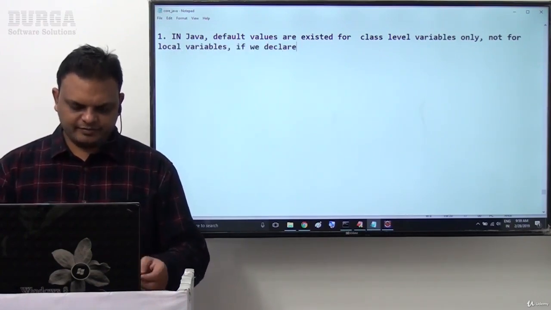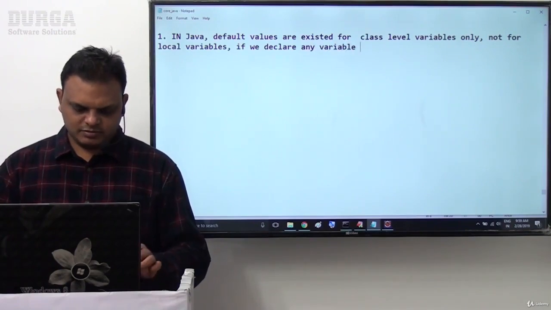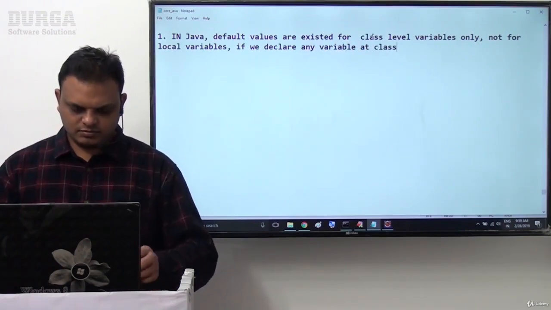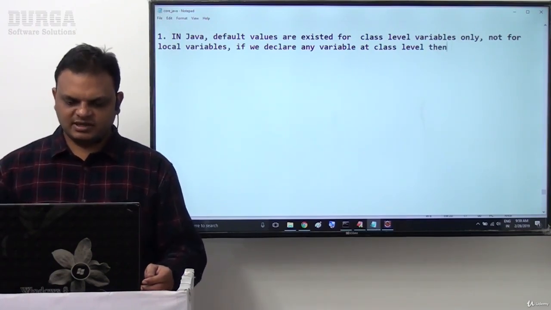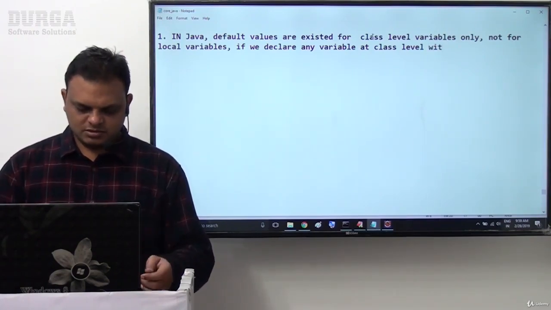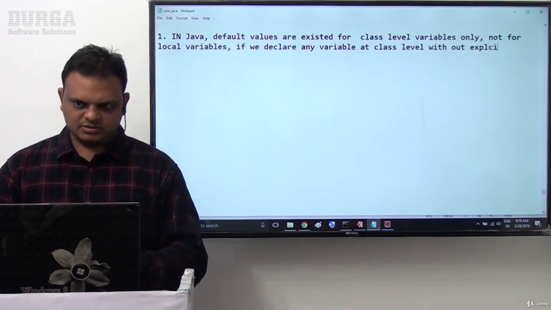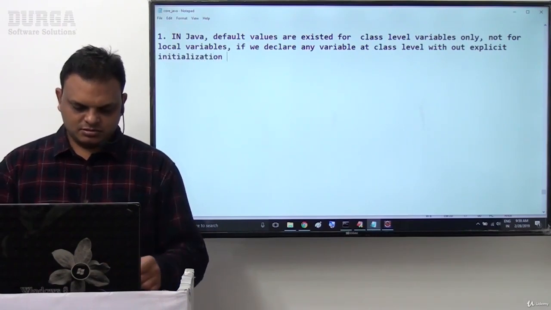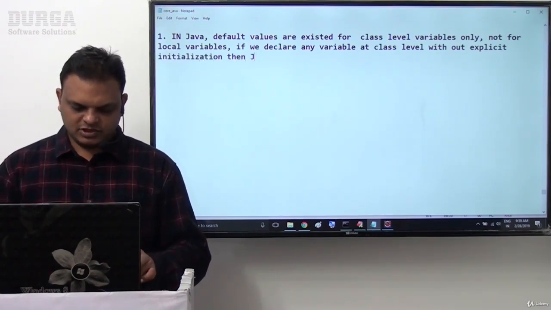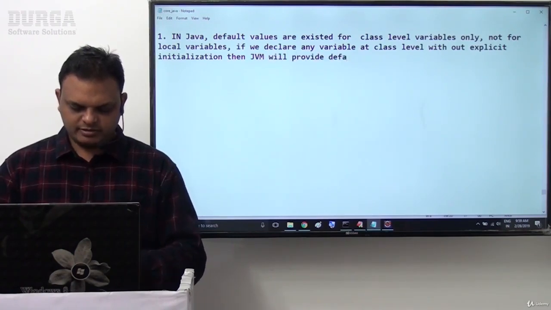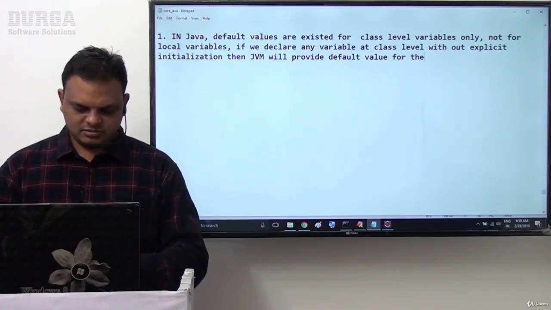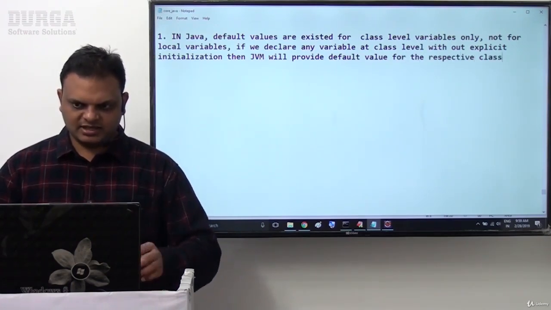If we declare any variable at class level without explicit initialization, then the JVM will provide a default value with respect to the class level variable.